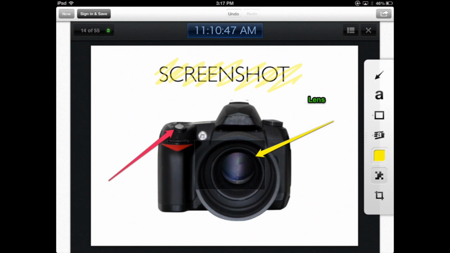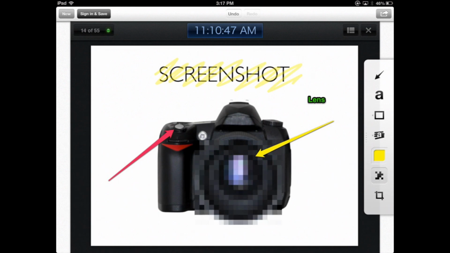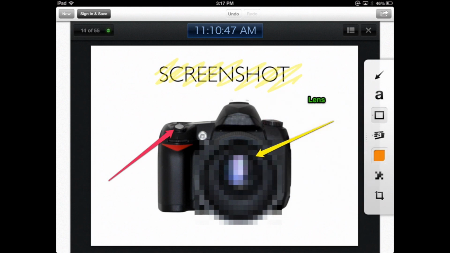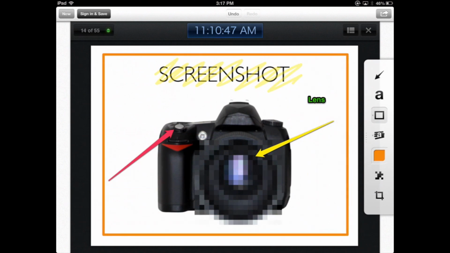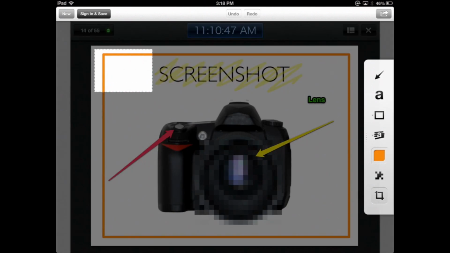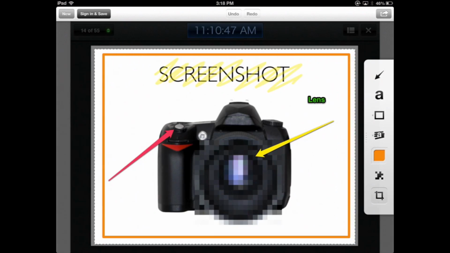Just below the color palette is the blur tool. And by selecting that and drawing a box around a given area, what you can do is have it blur and pixelate things out, such as faces or text in your picture. The final two tools are the shape tool and the crop tool. And by selecting the shape tool, the third one down, you can simply select your color and draw your given shape that you have indicated. And then the crop tool allows you to resize and re-crop the picture that you have created thus